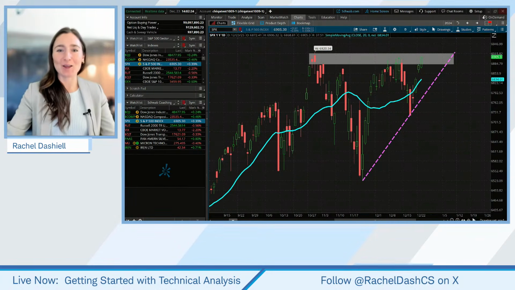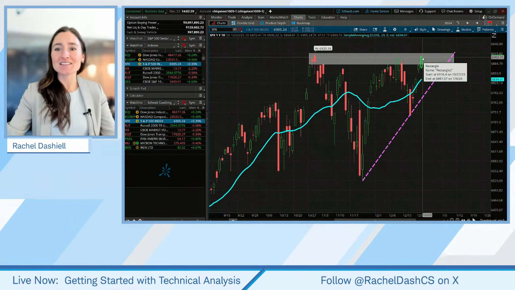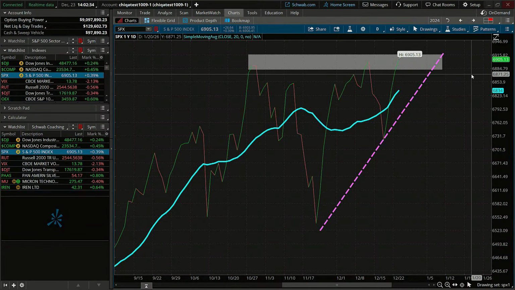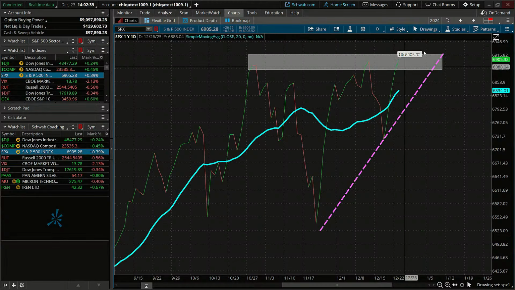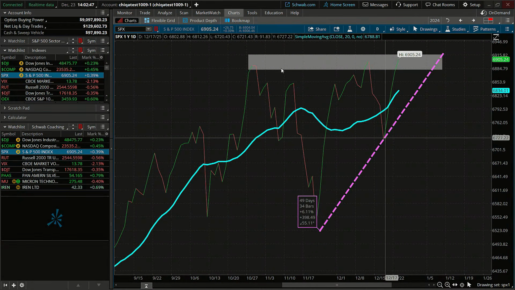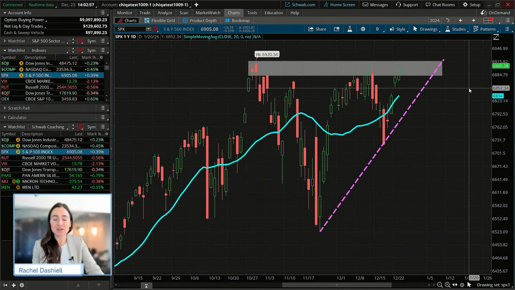I'm sure you've seen this in about every webcast today, but we are brushing really close to those new all-time highs. If we change this to a line chart where the close is the most important, we actually are making a new high on a possible closing basis today. Look for where it closes, but it looks like it has broken out above this ascending triangle type pattern right ahead of this possible Santa Claus rally, which really starts tomorrow and ends during the period after the first two trading days of the year.